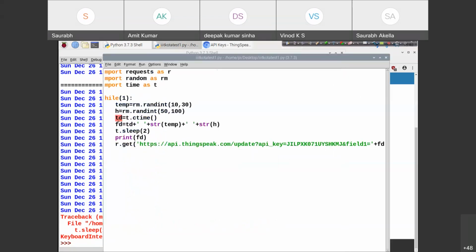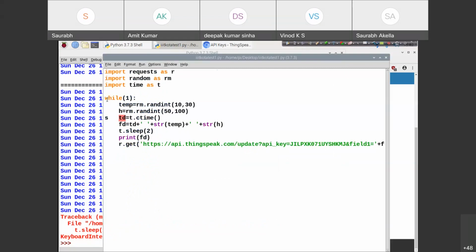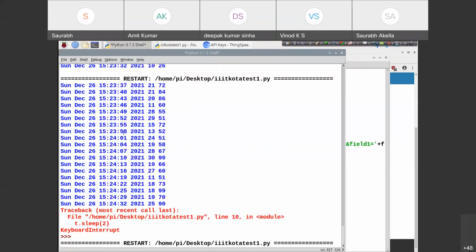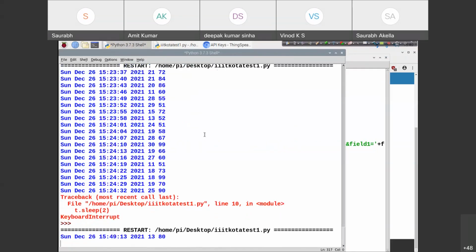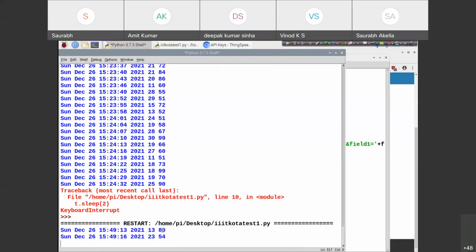Valid syntax. What happened? Yeah, so now we are sending this information, right? Perfect.